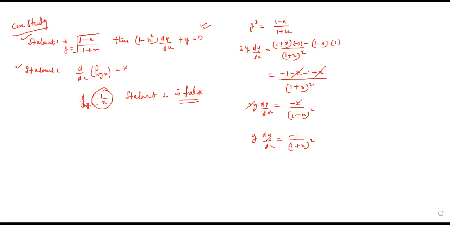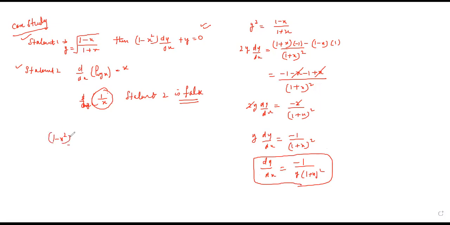So the value of dy by dx is equal to minus 1 upon y times (1 plus x) whole square. This is my dy by dx. So if I multiply both sides by 1 minus x square,